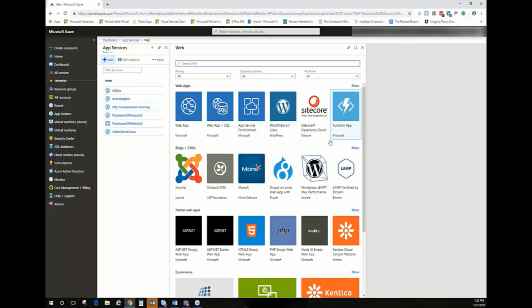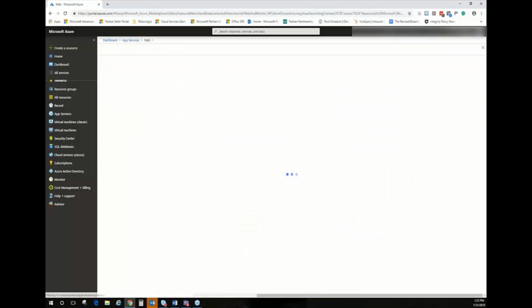So a lot of these things are different companies that have their software product, and it's built into the fabric of Azure that's saying, hey, instead of getting a virtual machine and installing all of this stuff on here, we're going to spin you up a WordPress site behind the scenes, and you're just going to have to worry about the WordPress. You're not going to have to worry about the virtual machines or anything behind it. Same thing with Joomla, Orchard CMS, all of these different things we can do. So just for simple purposes, we're going to talk about a web app,